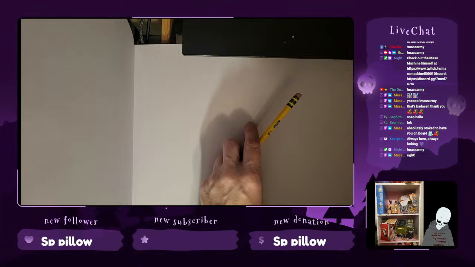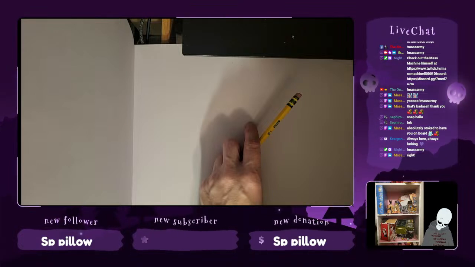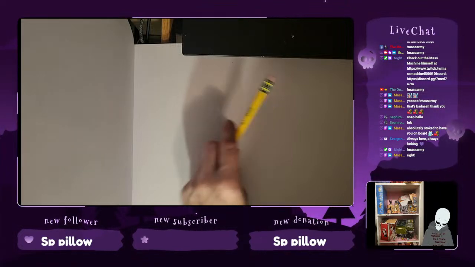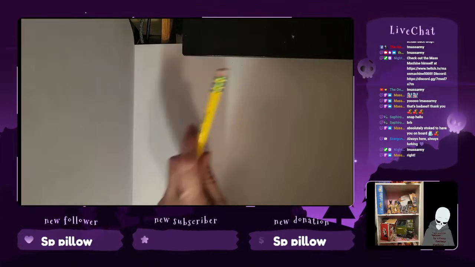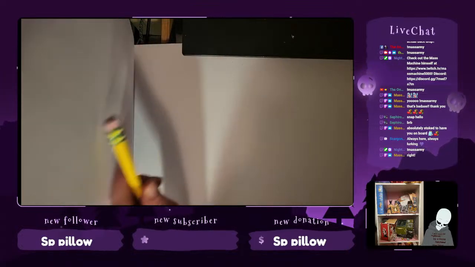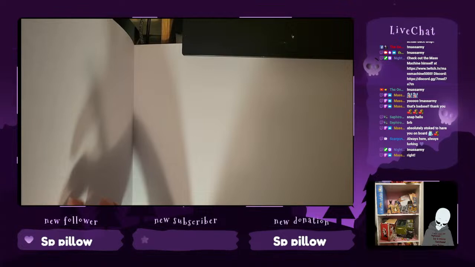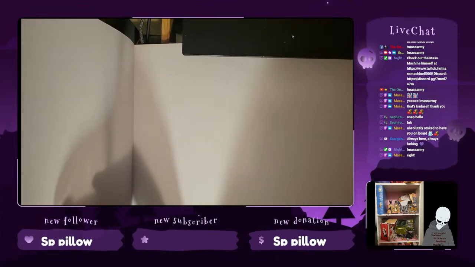So let's see what we can do with the shoulders just here, because people have interestingly shaped torsos depending on the angle they're at.